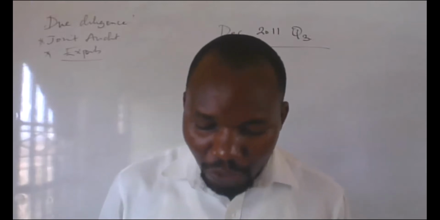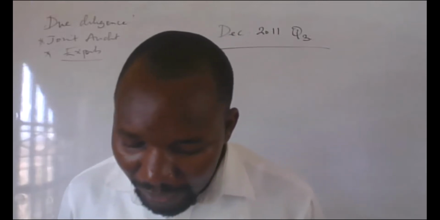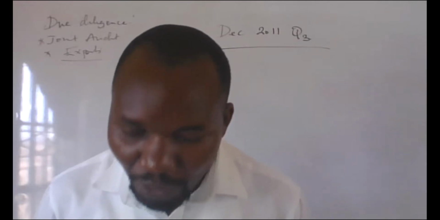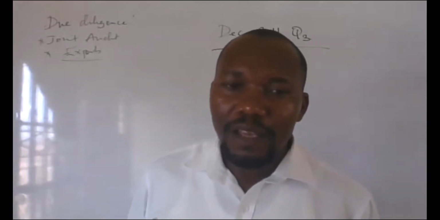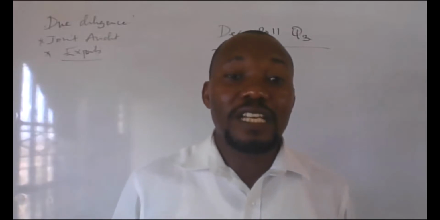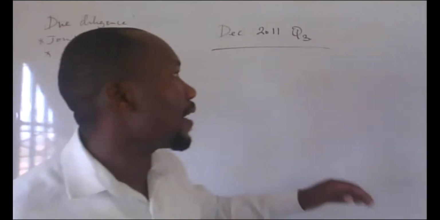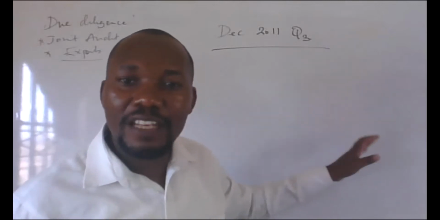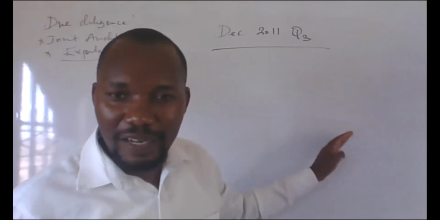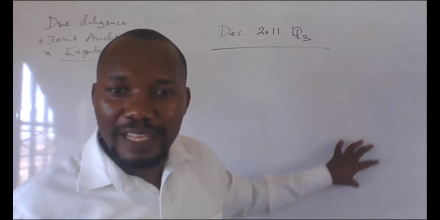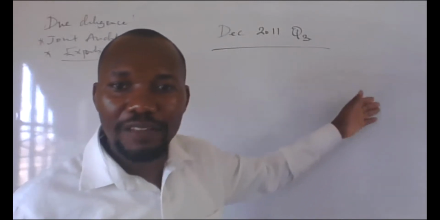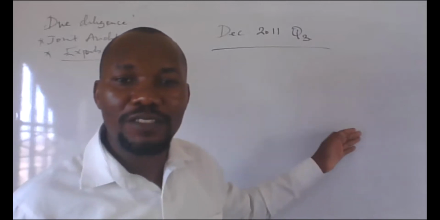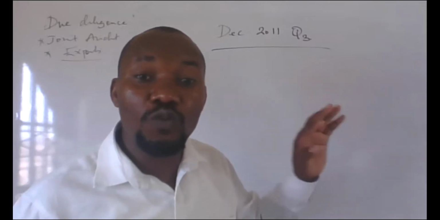Number 2, audit committees and investors have additional assurance that the audit opinion which they will present is complete. Again, the shareholders will trust you more if you are from different firms. Like now, PwC and KPMG, if they are working together, they are checking each other. You don't want to be lazy or leave some loopholes. Kila mtu anataka kuwa perfect. So because of that, people know that you're going to be giving a good quality report.